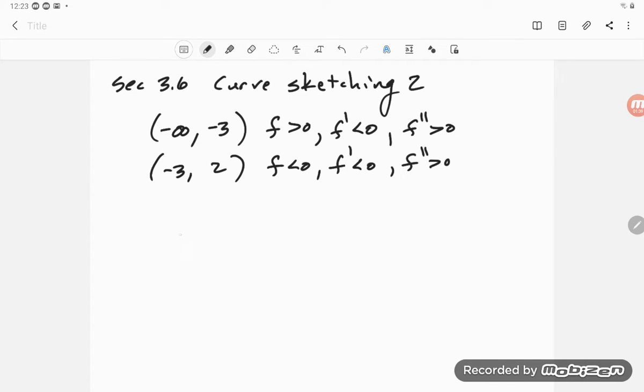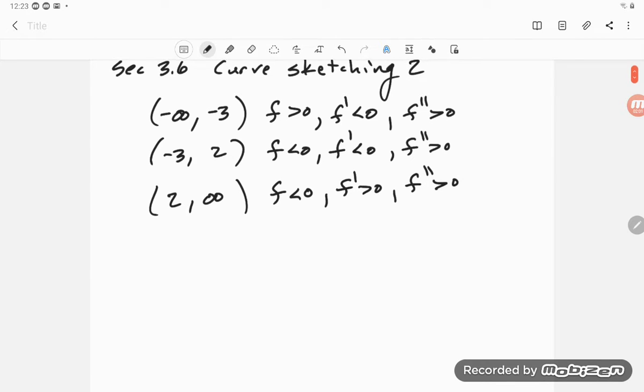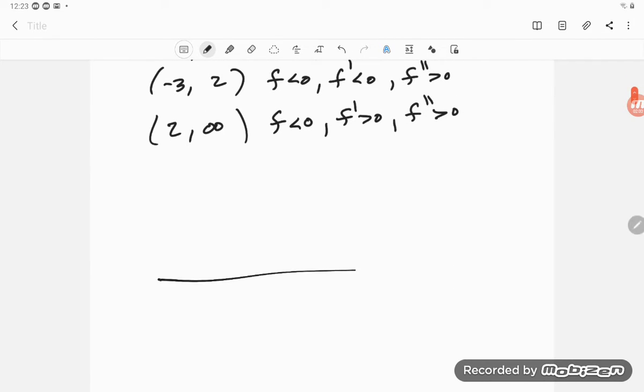And then we're told that on the interval from 2 to infinity, f is still negative. F prime is now positive, and we'll keep f double prime as positive. Okay, so now what I want to do is try to sketch that thing, and I'll just go here to